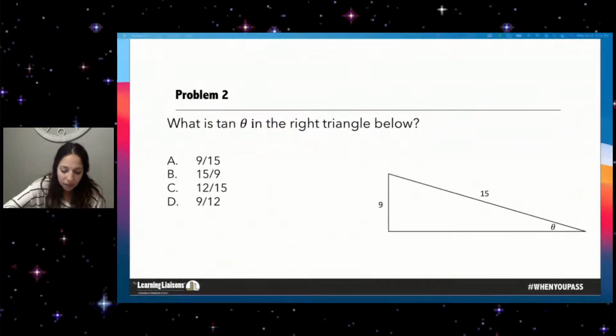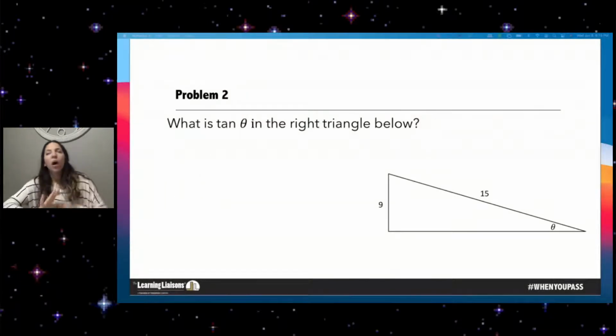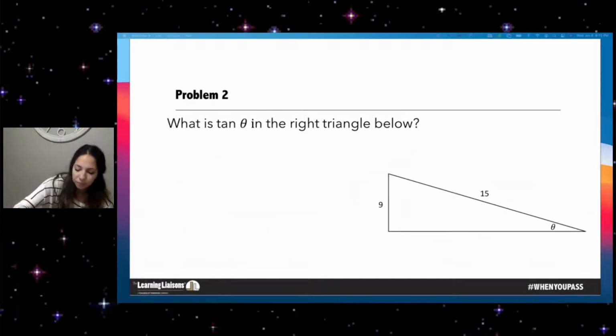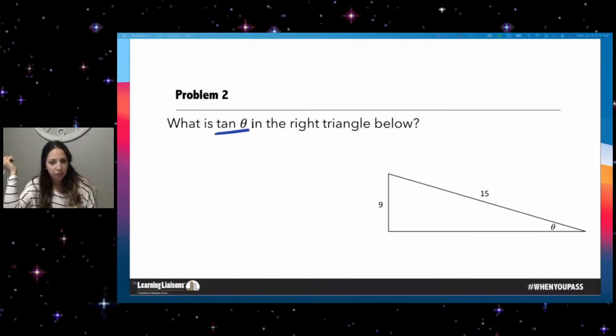Now, I covered up the answer choices because I didn't want you to use them to solve this, which is super rare. I always tell you, use your answer choices to help you. But in this case, I want to show you how the Pythagorean theorem relates to this problem, and then I'll show you how to use the answer choices. So, tangent of theta, we know tangent is opposite over adjacent.